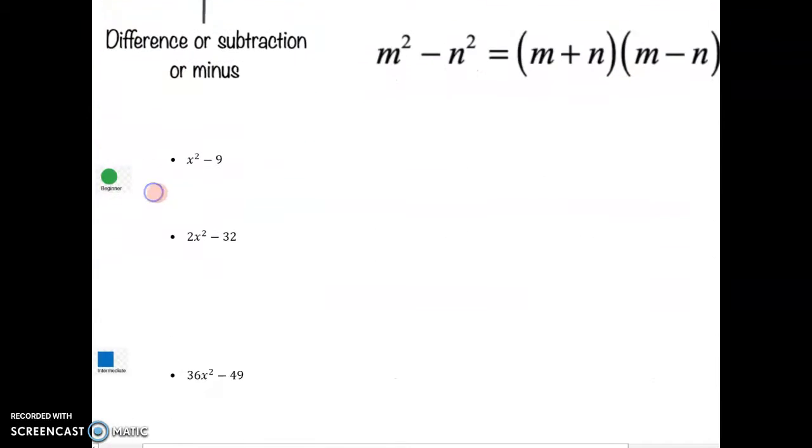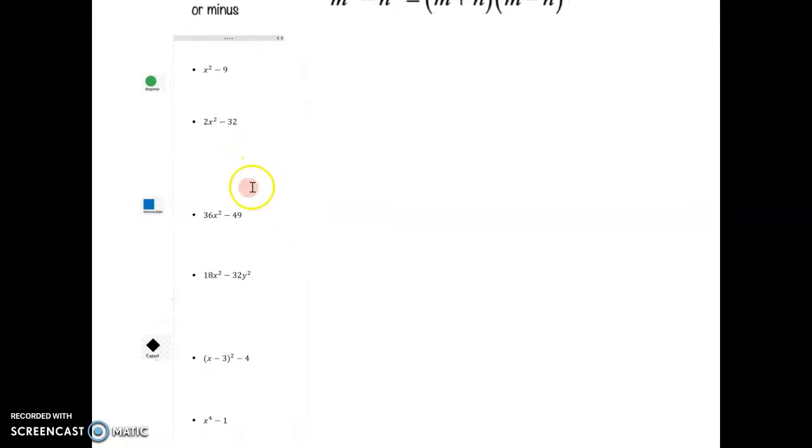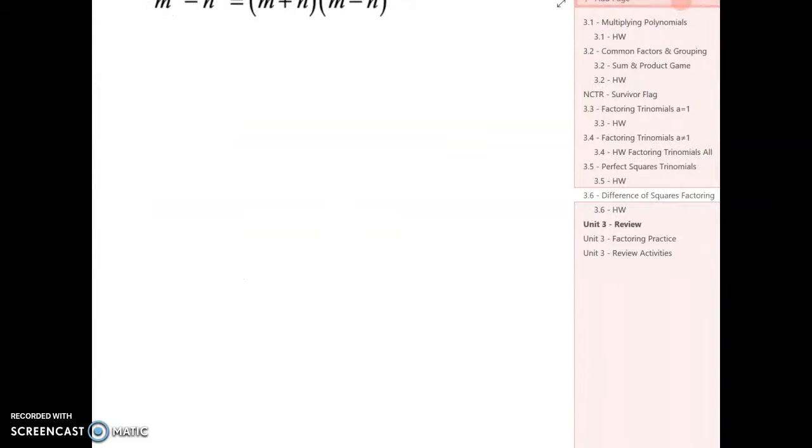All right, so hopefully that helps you, and I would now like you to try to do these practice expressions on the board with your partners and help each other and see if you can understand this difference of square factoring. I'm also now going to distribute to you a bunch of review